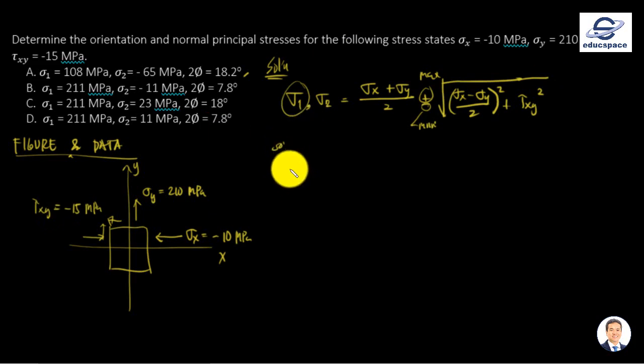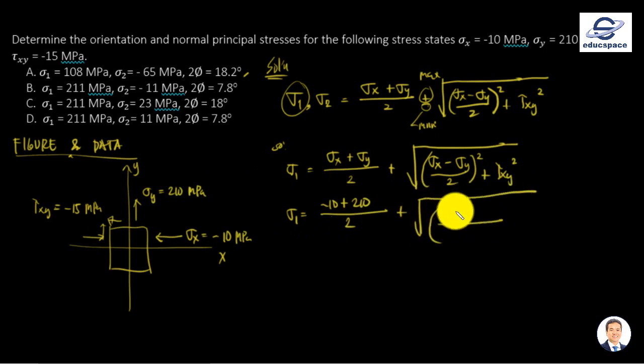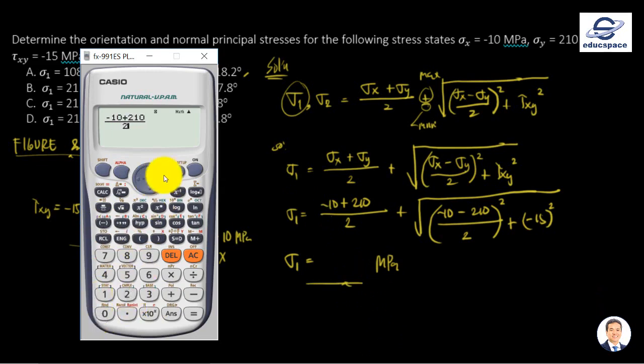So again, for the maximum principal stress, using the positive, it is the stress on the x-axis plus the stress on the y over 2, plus the square root of the stress on the x-axis minus the stress on the y-axis over 2, squared, plus the shear stress squared. Okay, so apply the values. We have negative 10 plus 210 megapascal over 2, plus the square root of negative 10 minus 210 over 2, squared, plus negative 15 squared. Equal sign, so we have 211.01